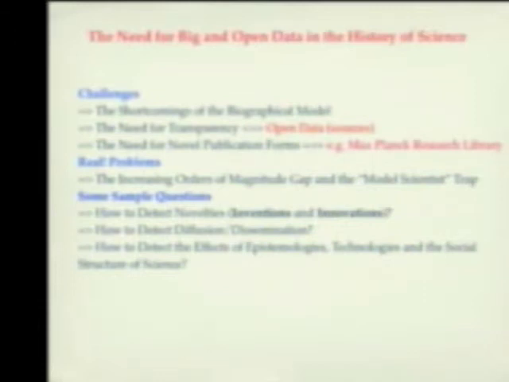Let me give you one from the point of view of how to transform the field of the history of science as an example of a humanities discipline. And that's what I would call the shortcomings of the biographical model. Basically what historians of science or many humanities scholars do is they write biographies. Slightly modified biographies. It can be a biography of an institution or an experiment, but it also always follows this model. And if you're a cynic, it goes something like this.